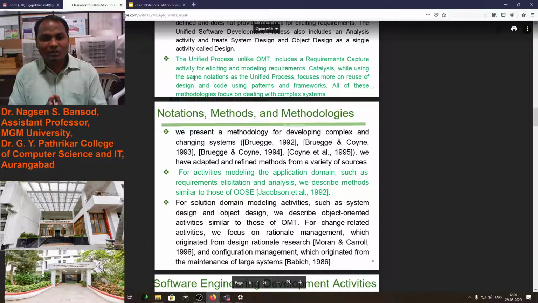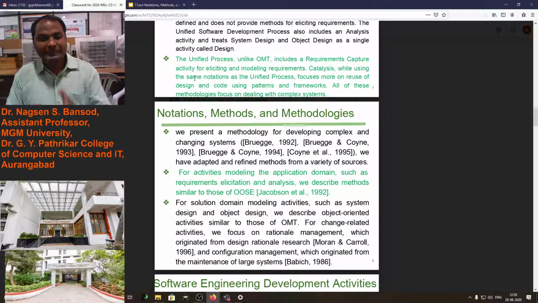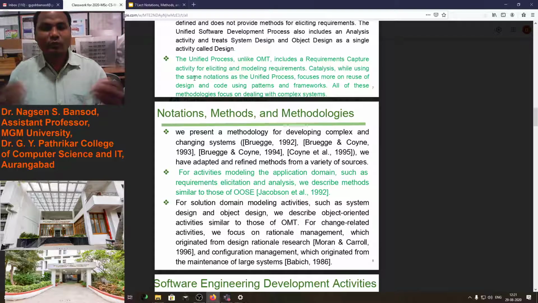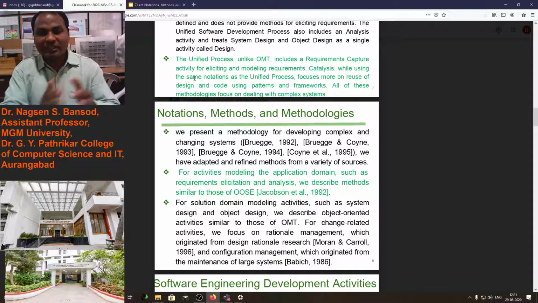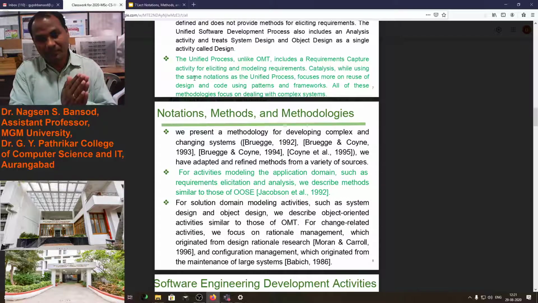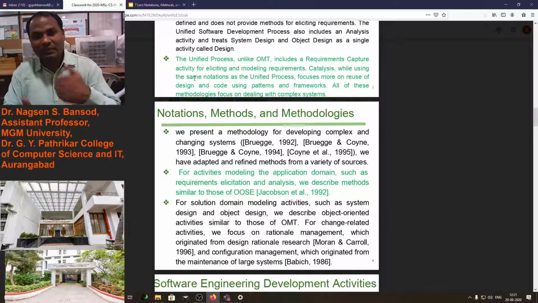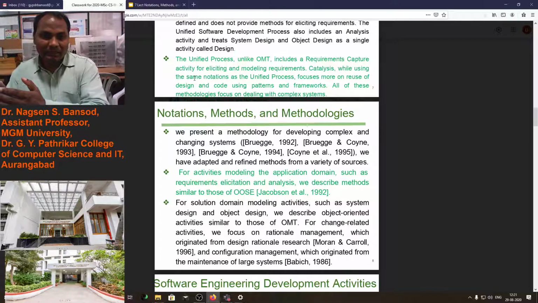All of these methodologies focus on dealing with complex systems. We require a methodology for dealing with a complex system. Though the system is very difficult, we make small segments of it. A big system we divide into the smallest segments, and for a particular small segment we use a method, and for another segment we use another type of method, and for another small segment again we use a different type of method.